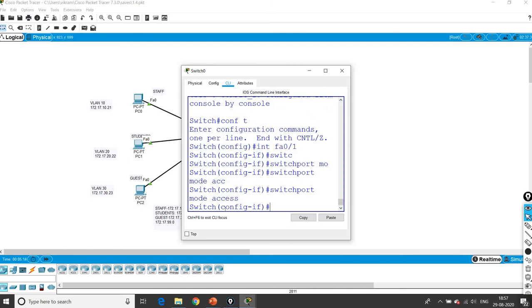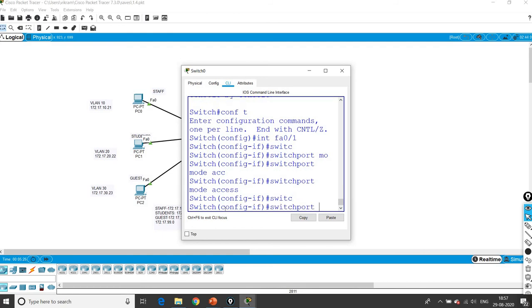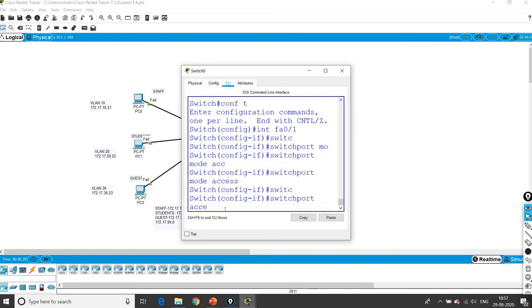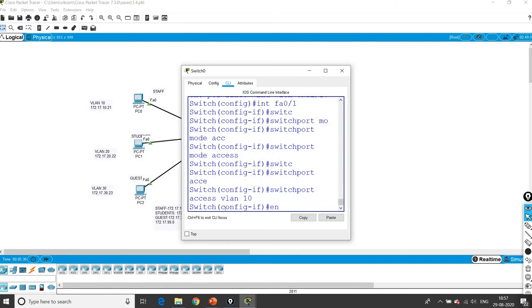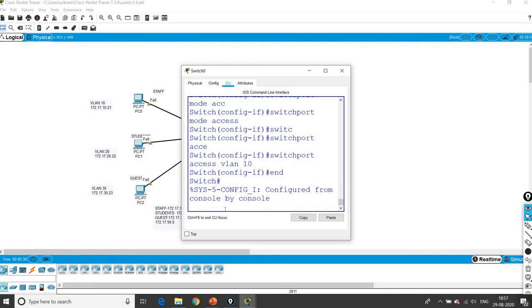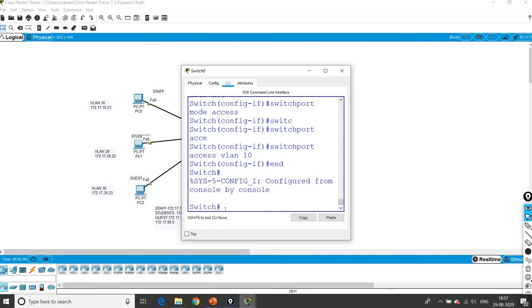Any device connected to that port will be associated with the VLAN, so for that we are using this access port. Next, switchport access VLAN 10. Okay, end.